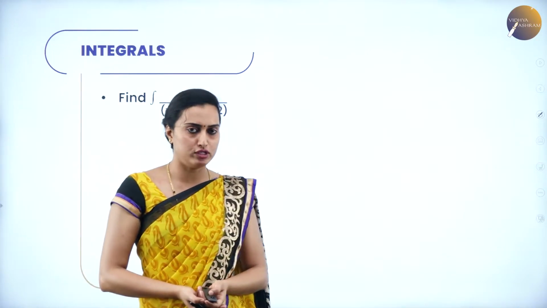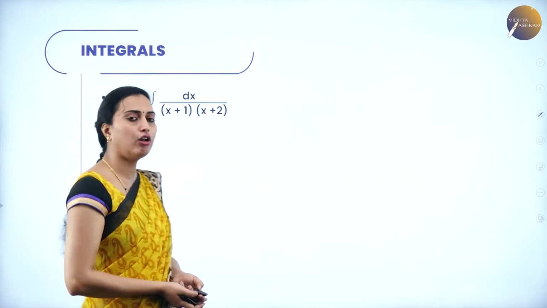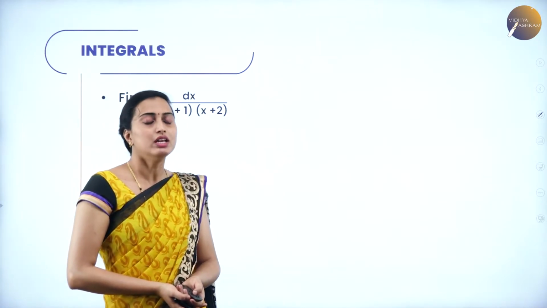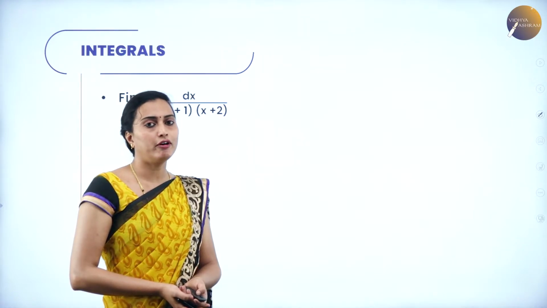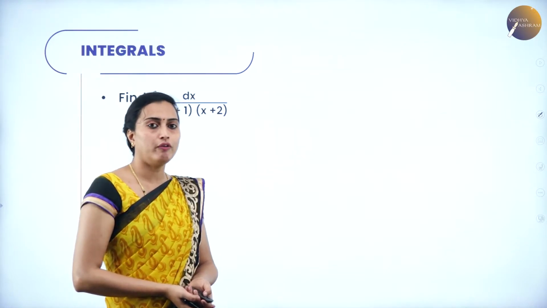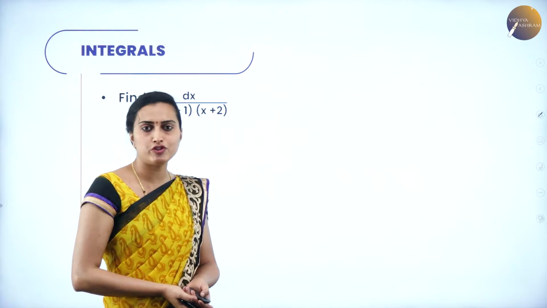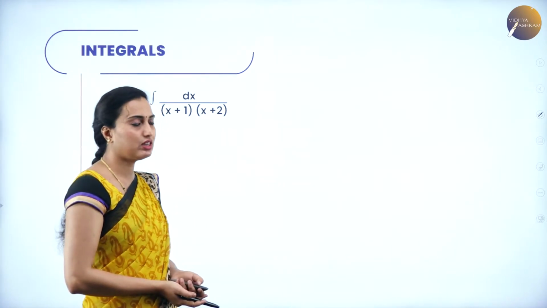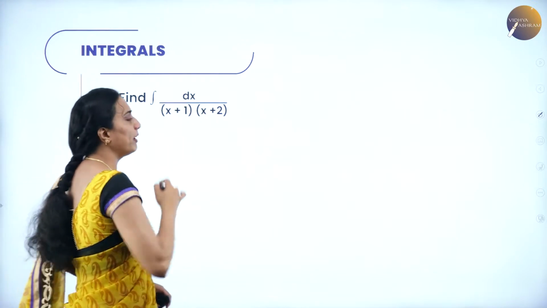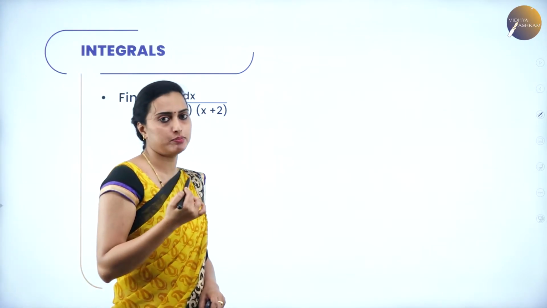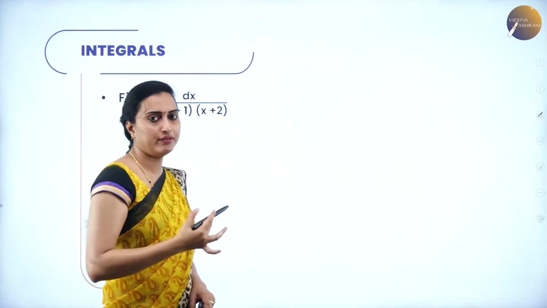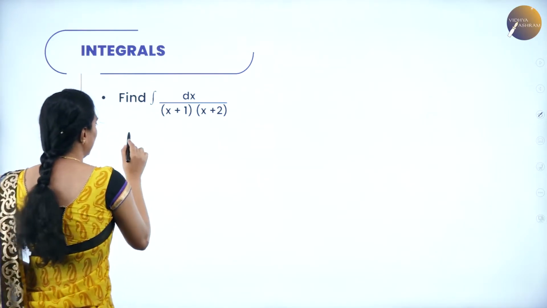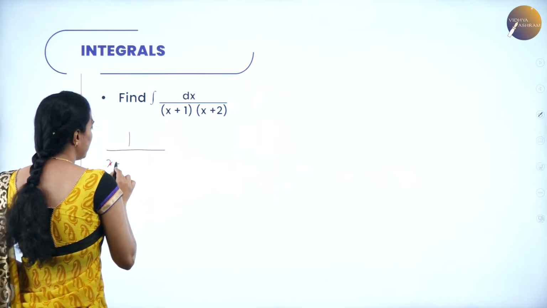What they've asked, the first problem: find the integral of dx divided by (x plus 1)(x plus 2). See, the numerator is in the form of px plus q, where only q is there, and the x coefficient you do not have, which is nothing but 1 you can consider. So it is in the form of dx divided by (x plus 1) into (x plus 2), which is in the form of 1 divided by (x plus a)(x plus b), which can be written as, so I am taking 1 over (x plus 1)